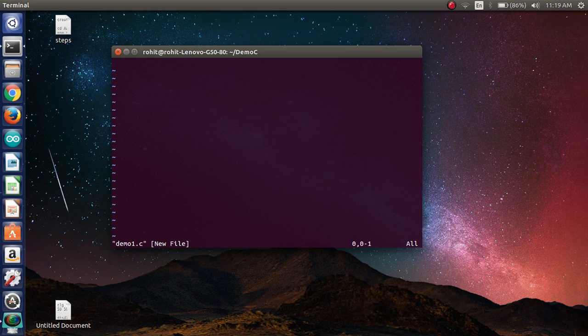So in VI editor I include a header file stdio.h, which is the basic input output file. In that I created one function, which is the main entry point function through which our code goes. So in that I just write a printf statement in which I print how